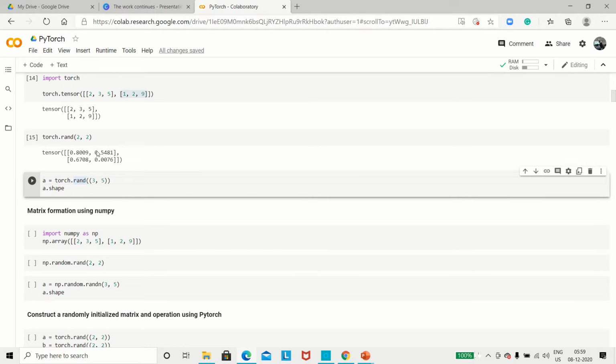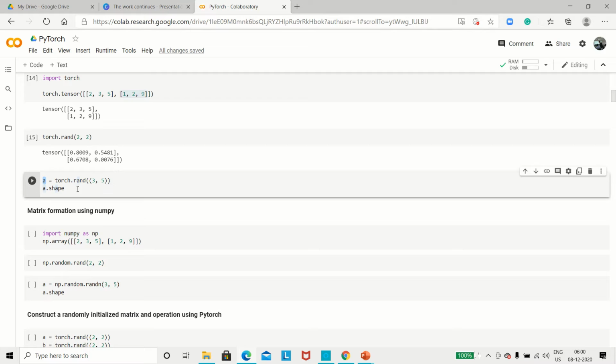Now suppose I'm basically creating a variable. As I told you above, a variable is something which stores a value. So I'm creating a variable a, and I want to store a 3 by 5 matrix with random values.